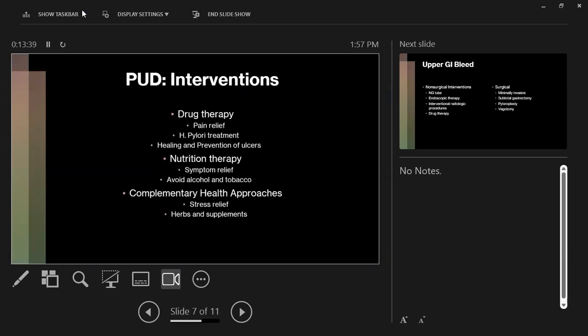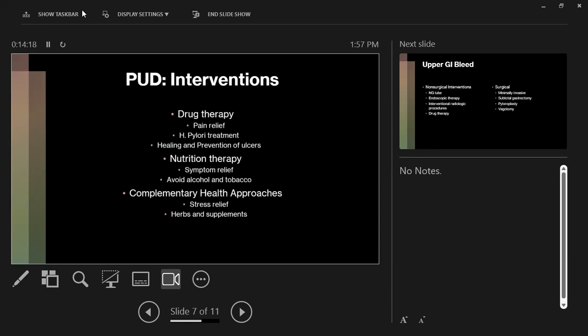They can also be prescribed hyposecretory drugs, such as your PPIs and H2 receptor antagonists, and those just help to reduce the gastric secretions. And then PPIs are also preferred for treatment of peptic ulcer disease because of their delayed release after passing through the stomach. So for those patients who have peptic ulcers present lower in the GI system, the PPIs are a little bit more effective in helping with treatment of